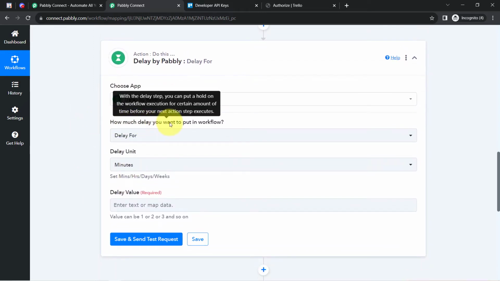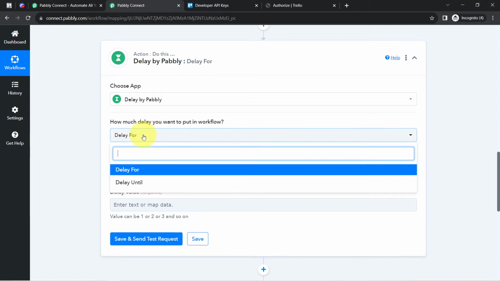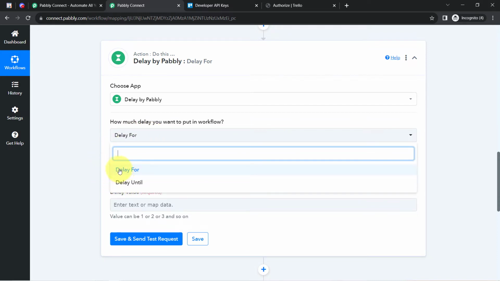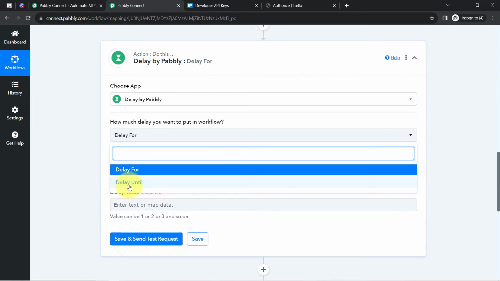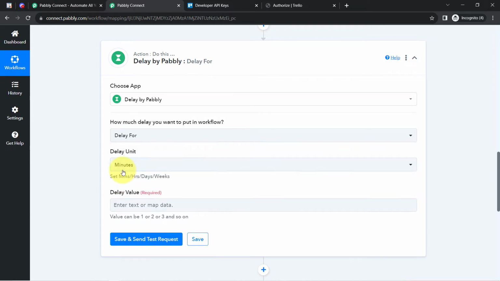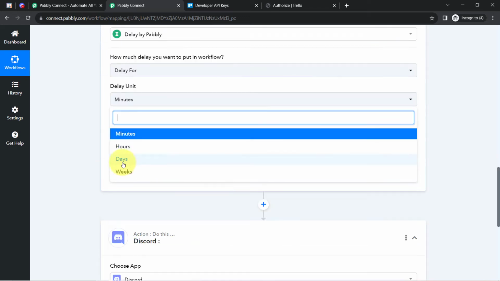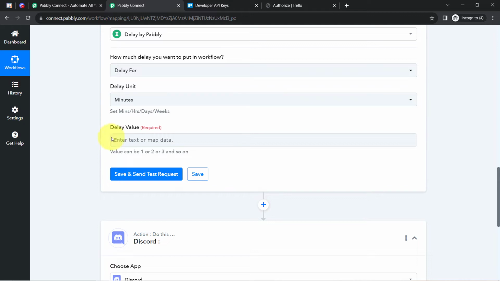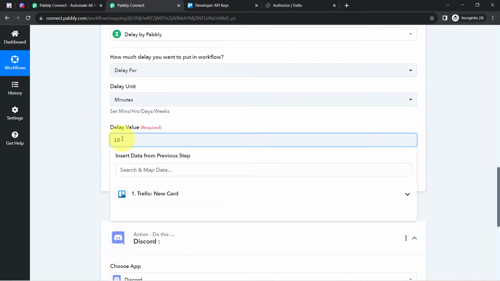So how much delay do you want to put in the workflow? Here you will notice two options: whether you want to delay your automation for a few minutes or a certain interval of time, or you want to delay it until a specific date and time. Here I just want to delay my automation for several minutes, not hours, days and weeks. And yes, you can even delay your automation for several hours, days and weeks. Currently I'll go with minutes, and here in the delay value I will add the value as 10,